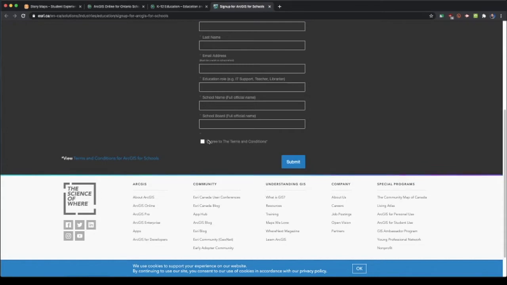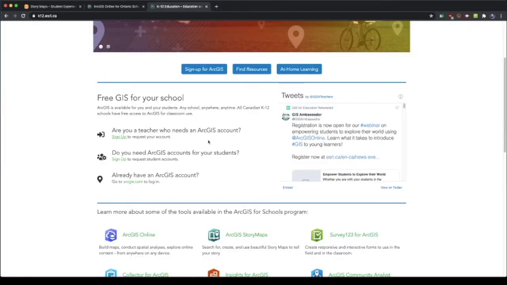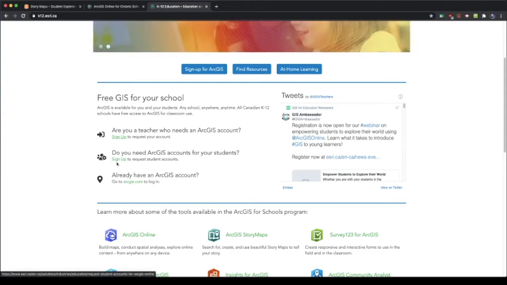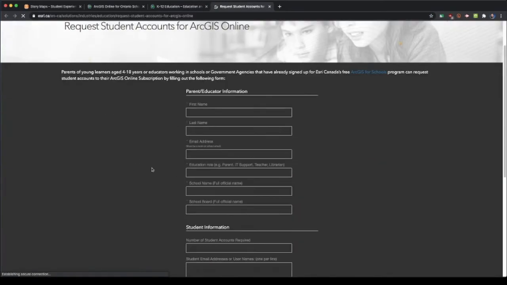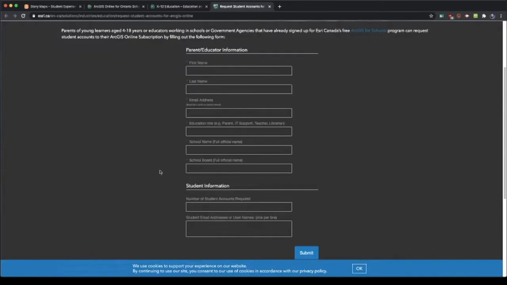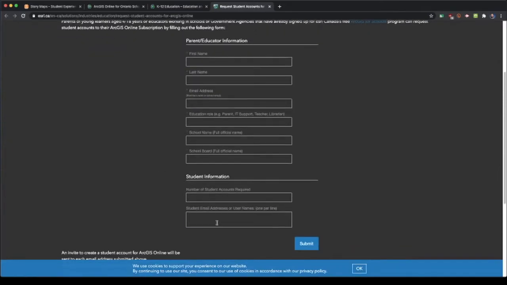And then once you get your setup, you're going to be able to sign up your students, and you do that by doing this sign up for student request. Basically what you need to do here is give them your information again, and then you give them all your student information, right? So they need a student email address, and you give one per line. Usually I just copy and paste it over from Google Sheets or something like that,